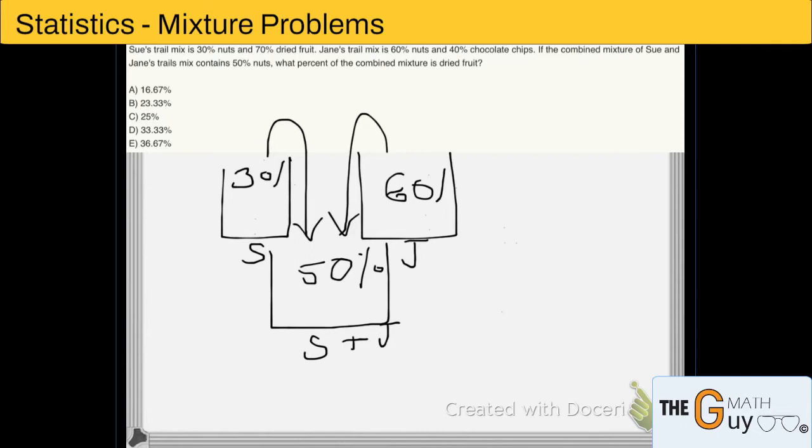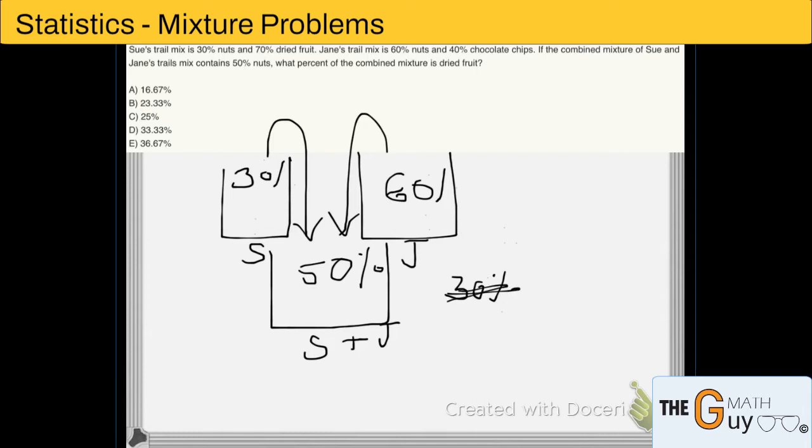The question is, what percent of the combined mixture is dried fruit? So we need to calculate the dried fruit, which is 70% of this, but that's fine. Nothing to worry about. All we need to do is first figure out what is S and J as a ratio of each other. So the equation here would be that 30%,